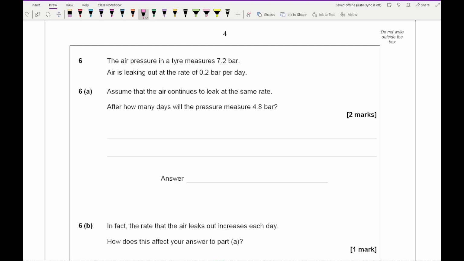So for this, the first thing we need to do is take away 7.2 minus 4.8, because what we need to work out is how much air we're losing. And that gives me an answer of 2.4. Then from this, I then need to divide by 0.2. So I've got 2.4 divided by 0.2. And again, with this being non-calculator, let's just write this up. If I multiply both numerator and denominator by 10, I get 24 over 2,